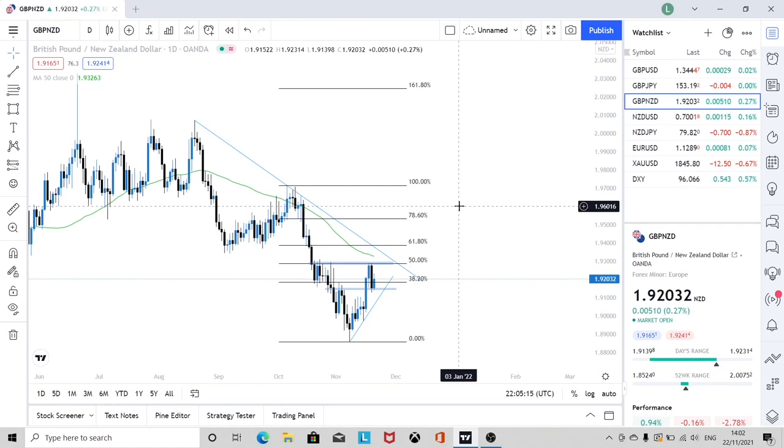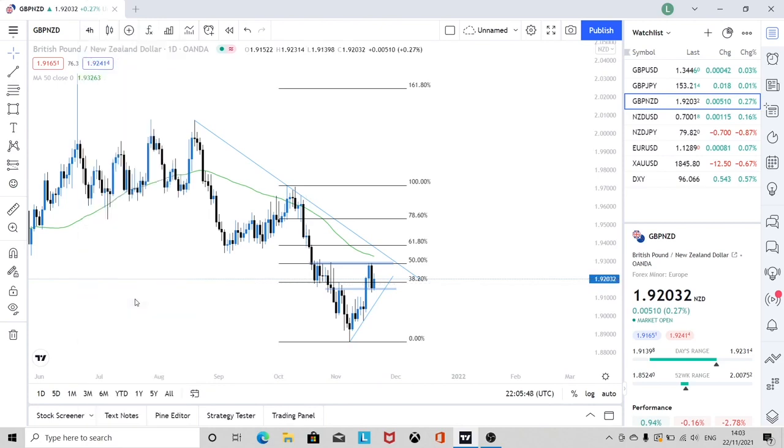This is the analysis that I did for GBP New Zealand dollar before I got onto this video. As you can see, once again, an overall downtrend. Since again August, the pound has been getting very, very weak. We've had all this choppy price action here throughout October. We've now pushed down again. You could say we've broken structure, or you could say it's a retracement. We've got some beautiful rejection from the 50% Fibonacci retracement zone. On top of that, it's also a nice